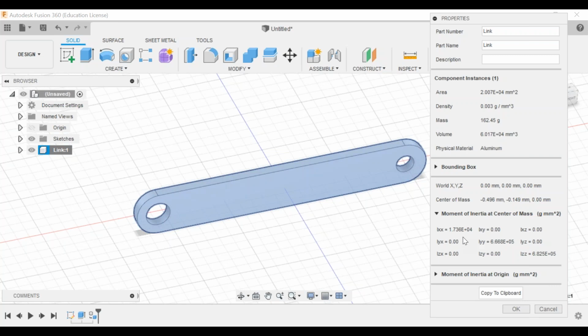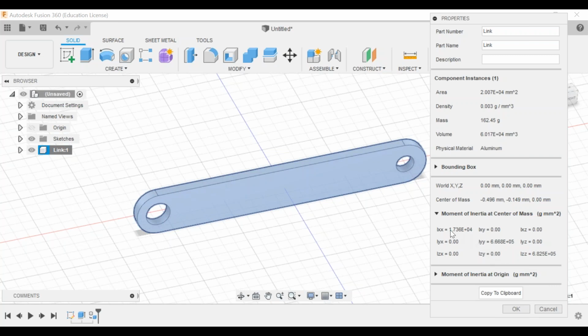I think you have calculated that in your subject. I don't know exactly, but we go with the theory of elasticity and plasticity in our masters. So you can calculate the moment of inertia. It's a 3 by 3 matrix. You can find the diagonal elements Ixx, Iyy, and Izz.